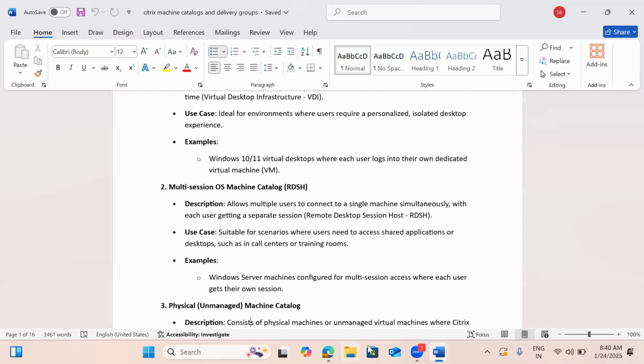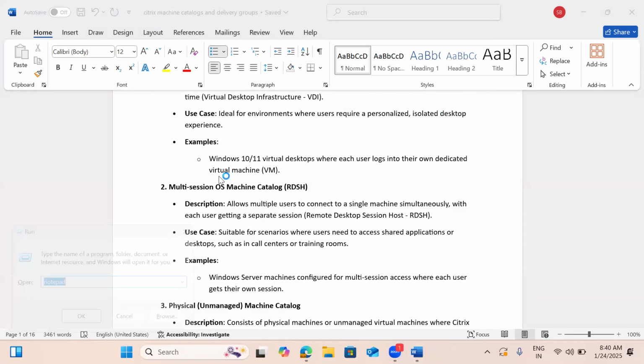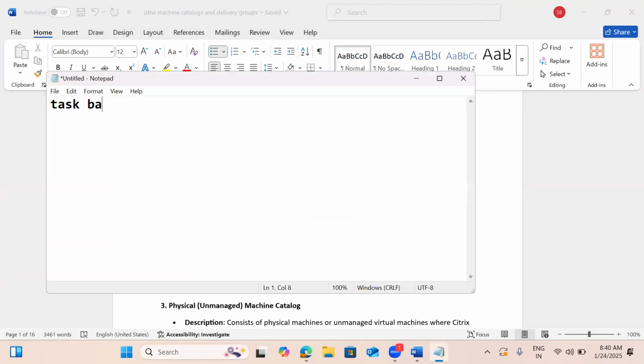Okay, say in the job, we have two types of users: task-based workers and knowledge-based workers. Mostly the call center employees, BPO kind of people, help desk admins, those are called task-based workers. They just connect to that application, do their work, and leave for the day. Whereas knowledge-based workers are admins,